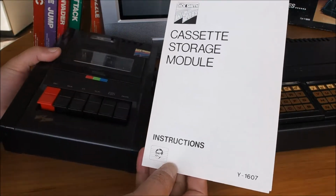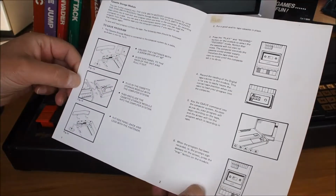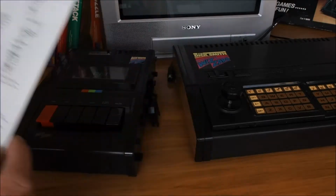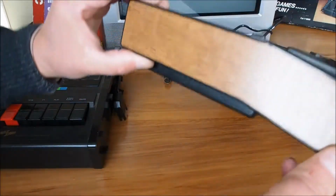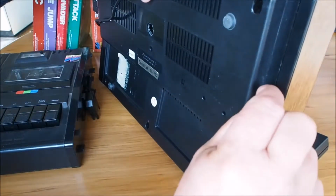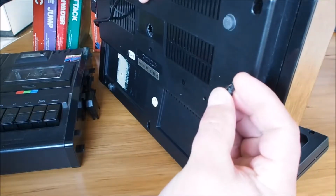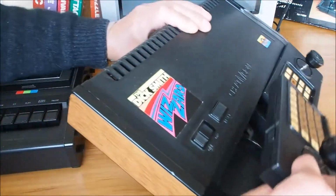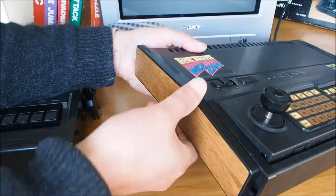It's got a little instruction pamphlet here. Shows you what to do there. Pretty basic sort of stuff. Anyway, start by removing one of the wood grain panels here. There's this little sort of a bayonet type plug retainer. And then this panel just slides back and then off,